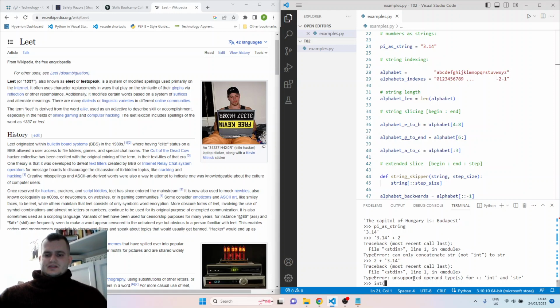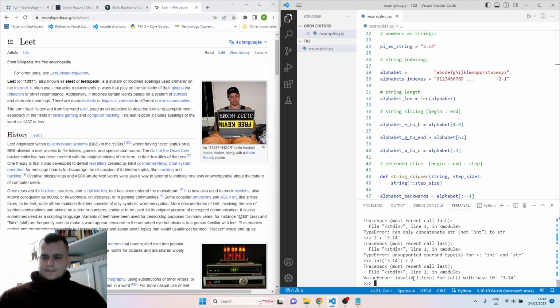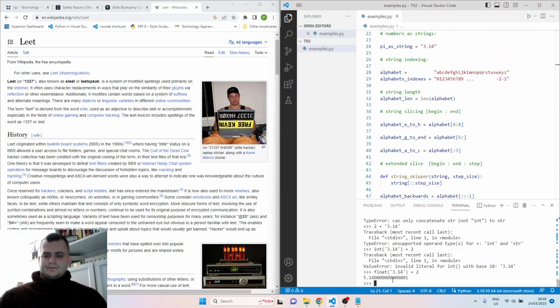So if you cast the string as a number to integer and add the number, then that won't work because integer means whole number. So if you do float, it will be fine. Or you can also cast a number to string, like if you do string 2, you will get,